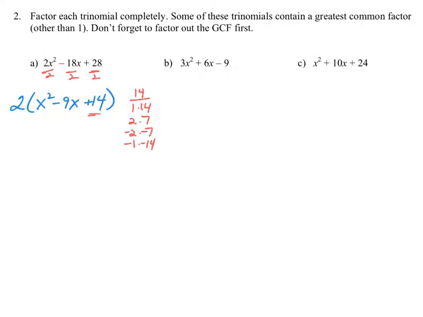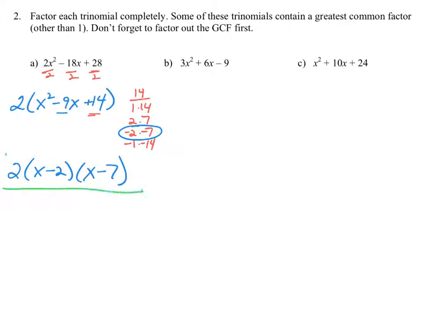There is a pair of factors that will add up to give you that middle term of negative 9, and those factors are negative 2 and negative 7. So in factored form, 2 is the first factor. Don't forget about that GCF. The first factor, which is a linear factor, is going to be x minus 2, and then the x minus 7 is the other factor. So in factored form, the trinomial can be written as 2 times a factor x minus 2 times a factor